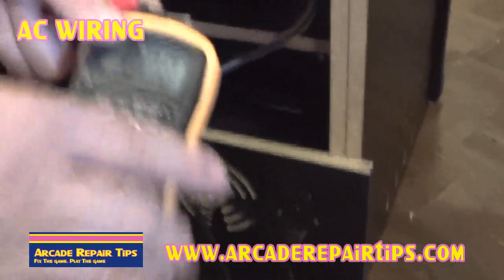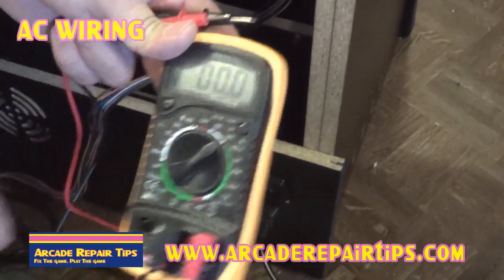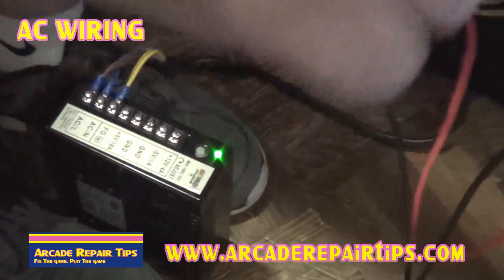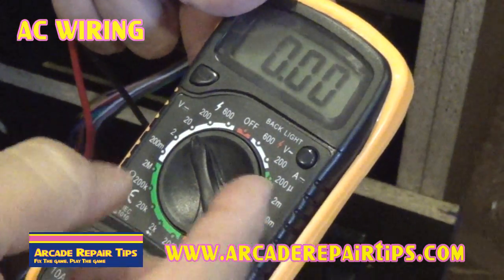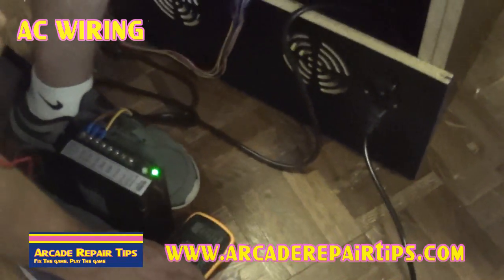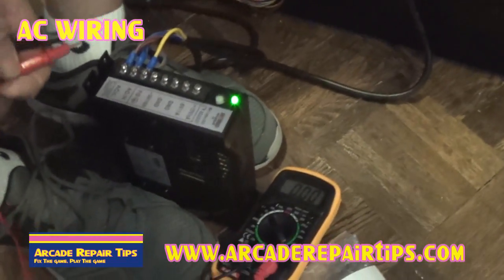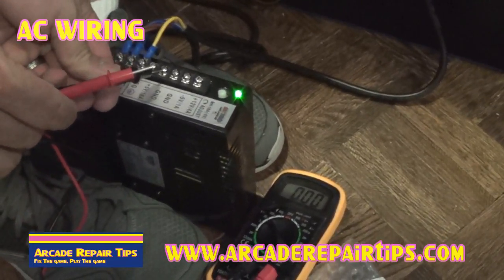So we're going to have to change the setting on our meter. This is the DC side. We're looking for 5 and 12 volts. So we're going to put it on 20, which again would be the one right above what we're going to check. So we're going to set that on 20. And now we are going to put the black wire on one of these grounds, doesn't matter which one, and